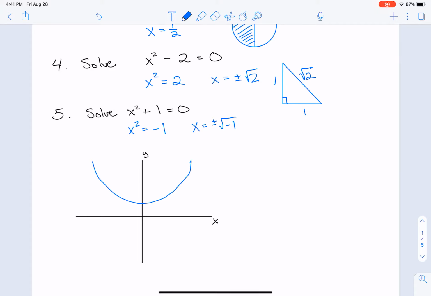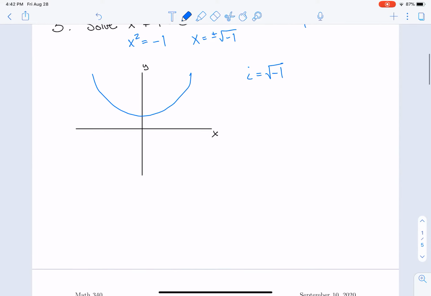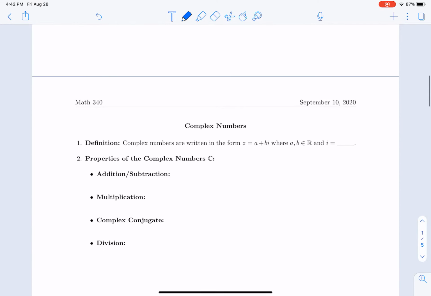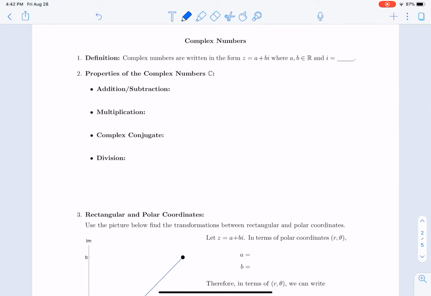But what if we invented a new definition, a definition for the number square root of minus 1, and we gave it a name? And that's exactly what happened. We gave the square root of minus 1 a name, and that name was i. And this introduces the idea of what are called imaginary numbers and complex numbers. So we're going to talk about complex numbers in order to lead you to the idea of solving differential equations